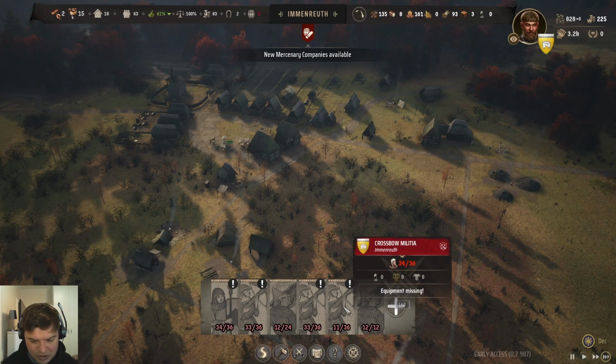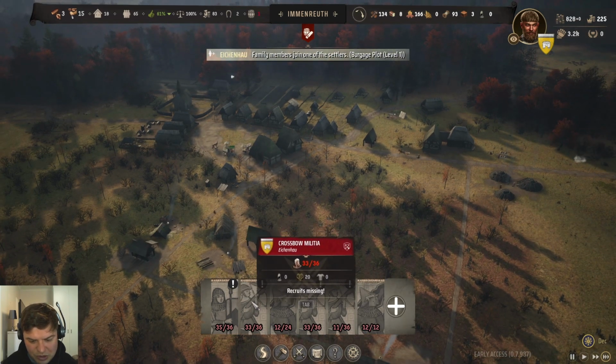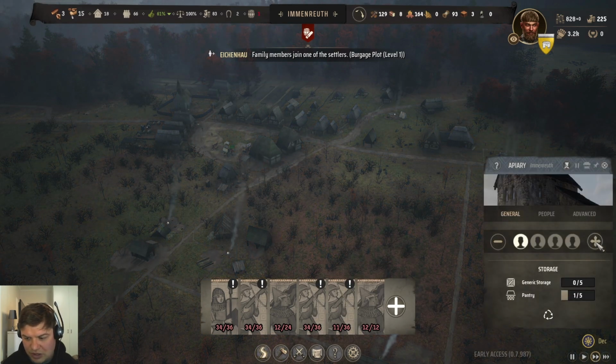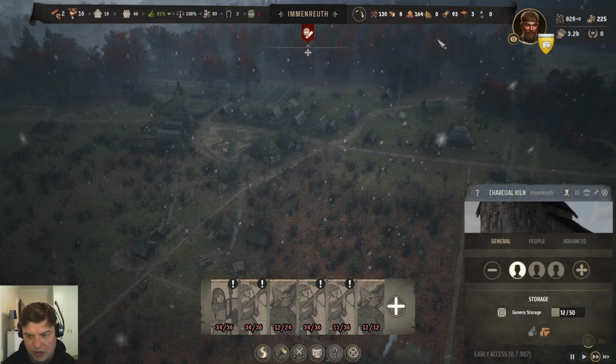Oh, there we go. So we're already getting those crossbow militia now ready. So I've got now 1, 2, 3, 4, 5, 6 parties. Okay, that's not so bad actually. Let's just assign another family here to the apiary. And I think if we've got...